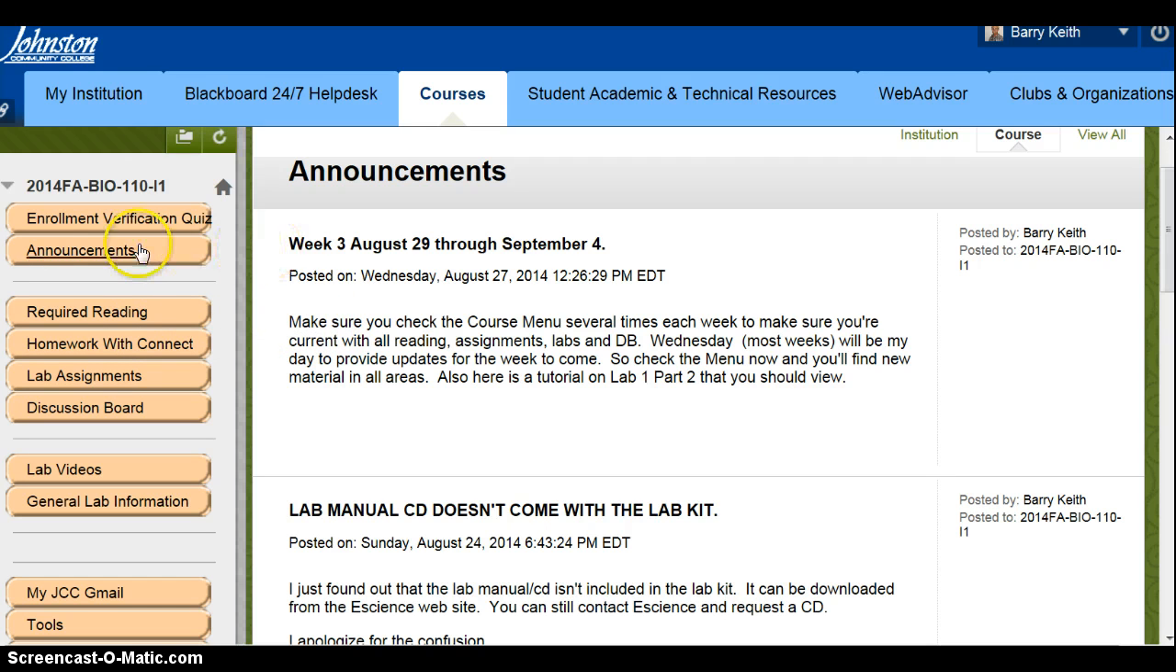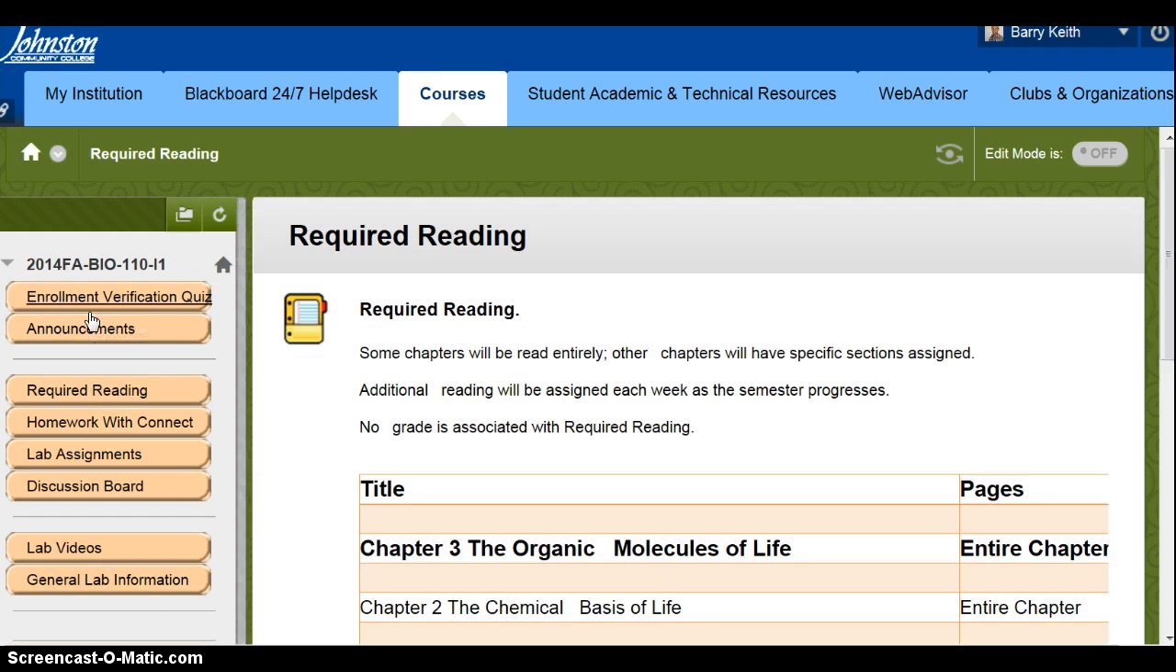So you need to go to announcements several times every week, but particularly towards the end of the week after Wednesday afternoon, Thursday, Friday, and look in this area: required reading, homework connect, lab assignments, and discussion board. Make sure you're participating in discussion board fully. You have to post 5 times in order to get full 10 points for a discussion board. Required reading changes